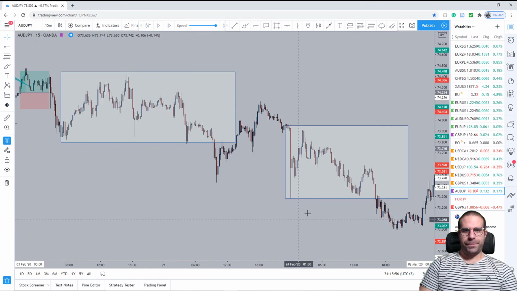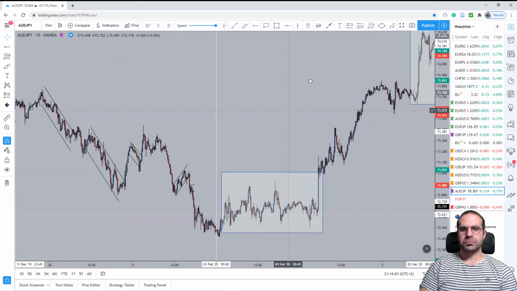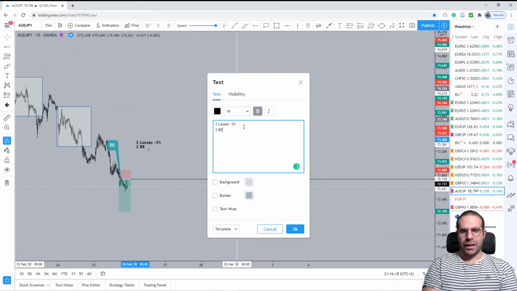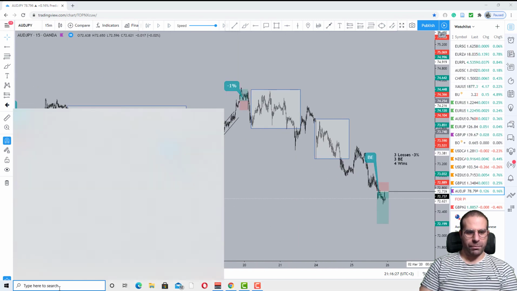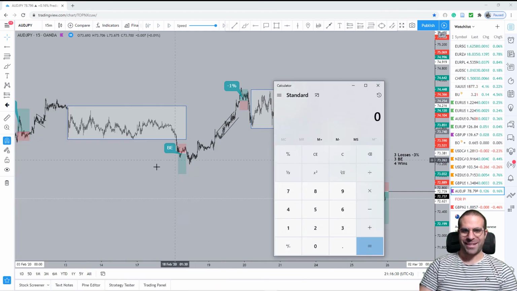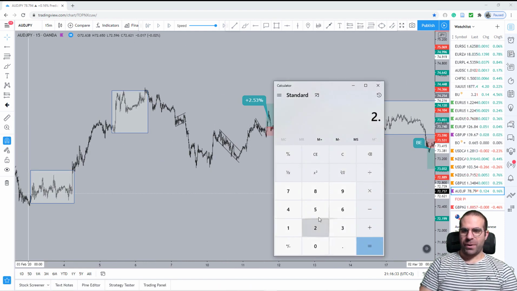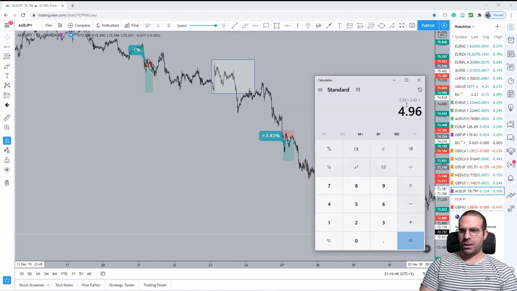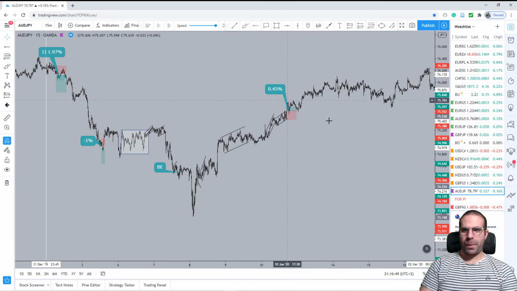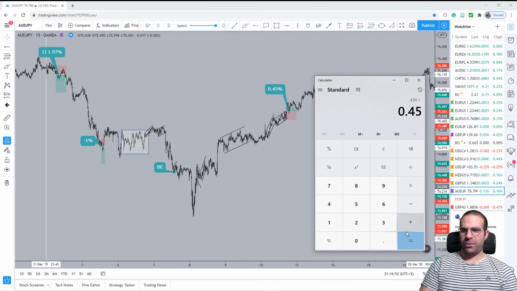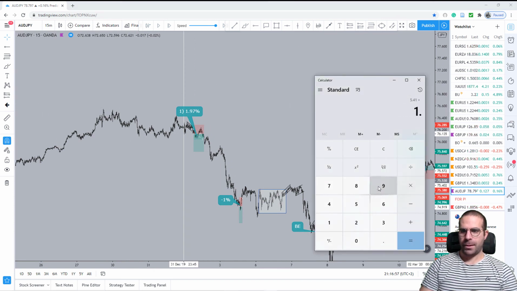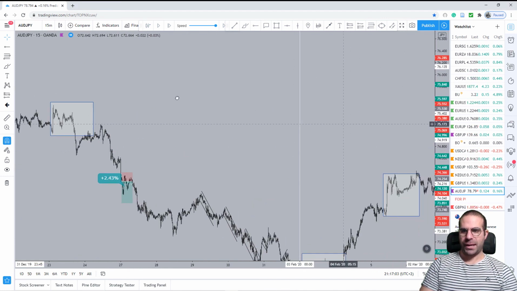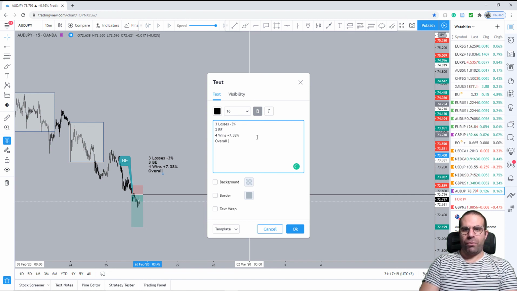How many break-evens? 1, 2, 3 break-evens, guys, which of course leaves us with 4 wins. And now we will be adding with our beautiful calculator, because we are lazy to do otherwise. So let's see, 2.53% plus 2.43% equals 4.96 plus 0.45 equals 5.41 plus 1.97, which is a result of 7.38%, which gives us an overall result of plus